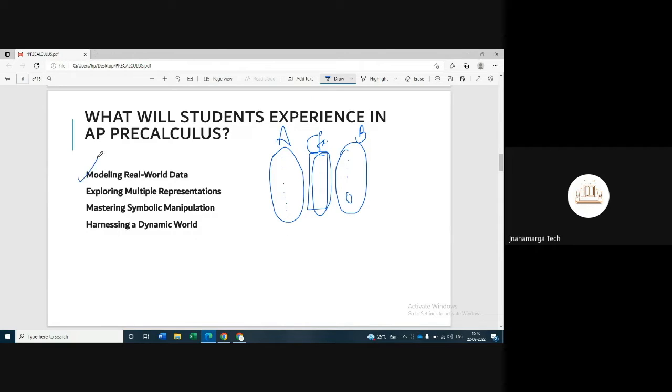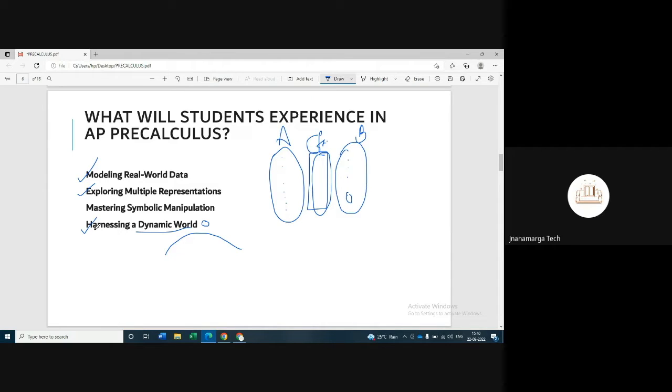We understand how we are going to use the real world data and how we are going to use the actual thing. We are going to see how the dynamic world works, how dynamic the mathematical world is, because it is not static. We are not just focused on one value. We are seeing how things are going to change, and hence we are harnessing a dynamic world. We are going to see multiple representations of the same function, and at last we have our mastering of symbolic manipulation. So we already discussed that,